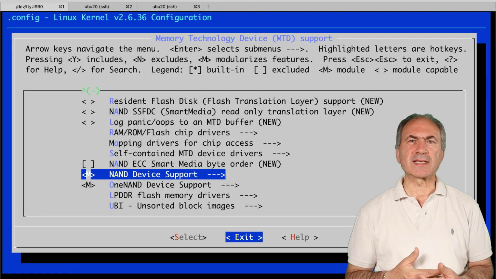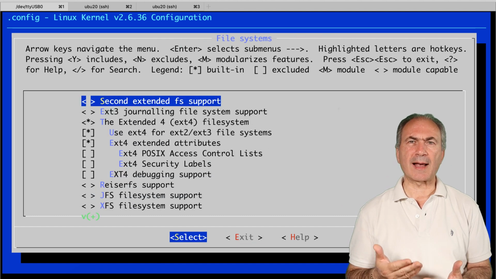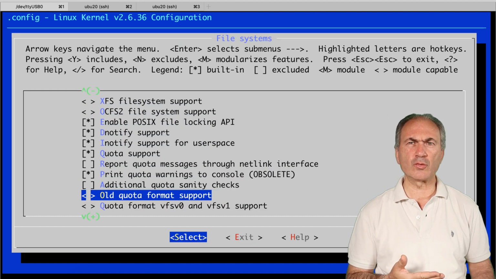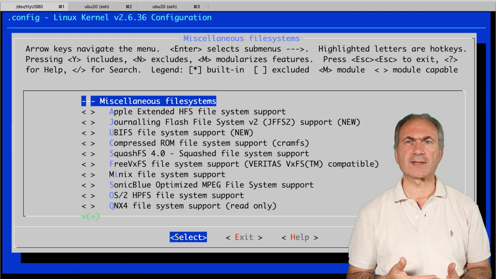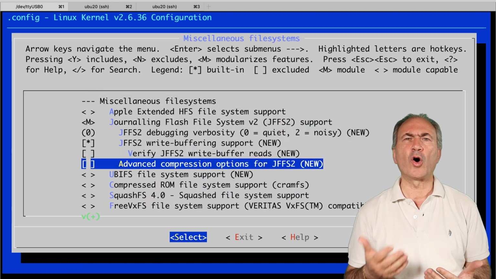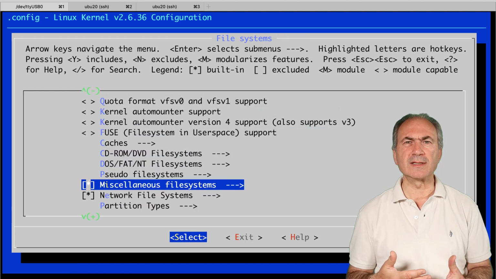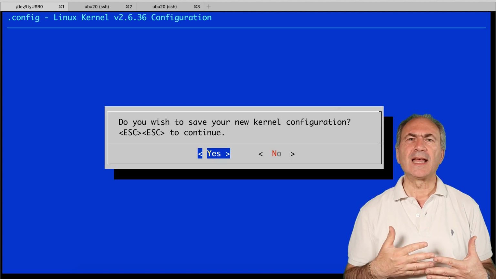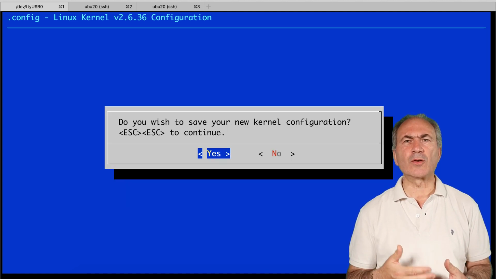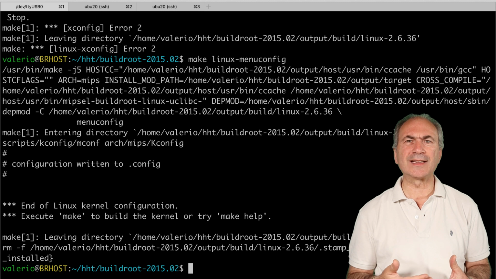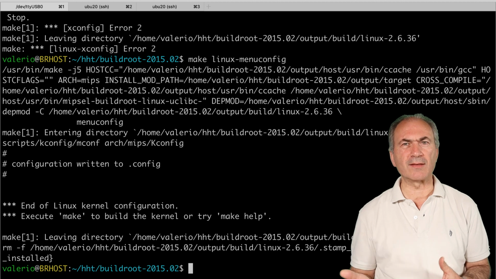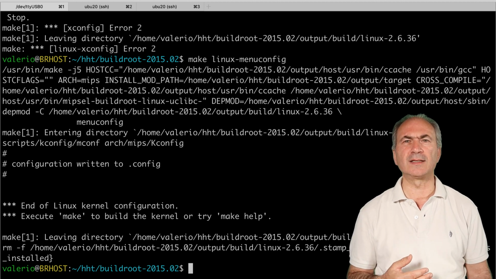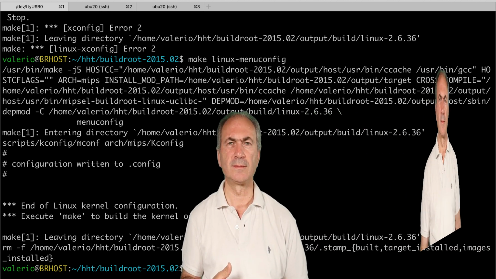In the file system section, we have to enable support for JFFS2, UBIFS and SquashFS file systems because some of these file systems are used in our device. When we click Save, this configuration will be saved in a .config working file inside the kernel sources. We will see later how to save this configuration outside of the buildroot folder.